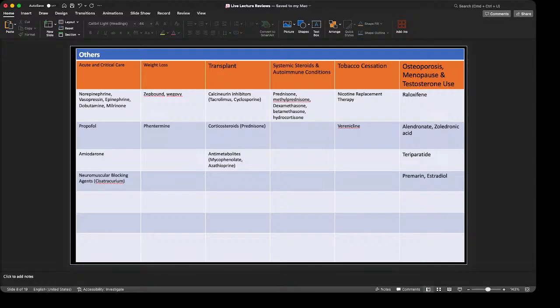Acute and critical care. For example, a patient is having sepsis and needs urgent attention. They're going to have to be started on fluids and vasopressors and norepinephrine to keep them from going into septic shock. So it's important to understand those kinds of things. Propofol, amiodarone, neuromuscular blocker agents,